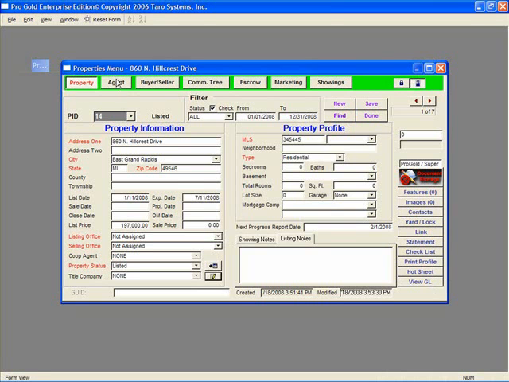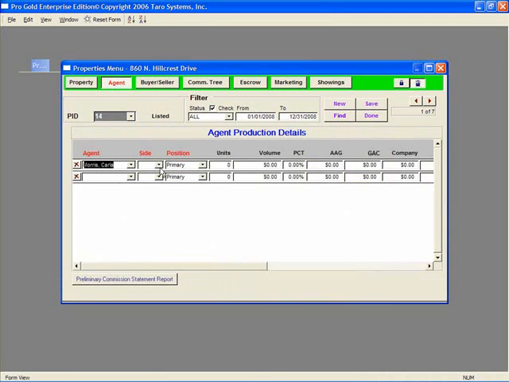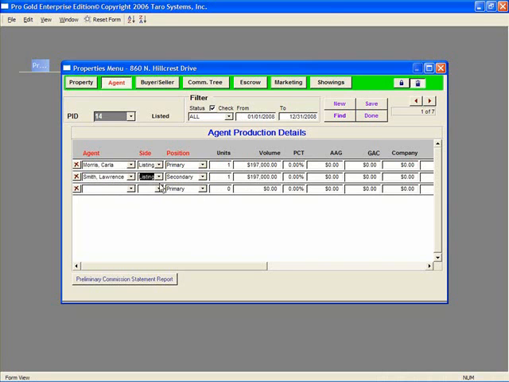The Agent tab. This tab is where your agent is assigned to the property. This will only show what side the agent for your company is on. When you select an agent, you also have to select a side, listing or selling. You may put as many agents on a side as you need to, but when you have more than one